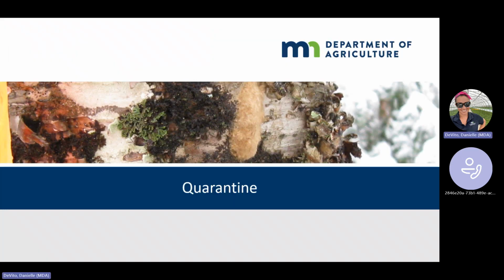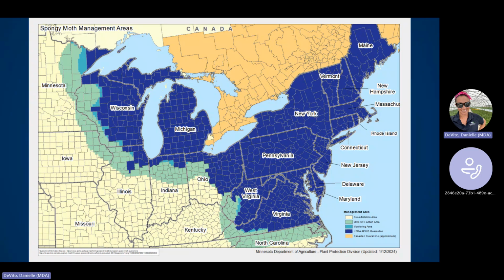Spongy moth is a serious invasive forest pest that requires a quarantine to slow its spread. The federal quarantine limits the movement of regulated articles out of designated areas. A quarantine is a tool in managing and slowing movement across the U.S. and specifically Minnesota. Again, in Minnesota, Lake and Cook counties are currently the only 2 counties under quarantine for spongy moth. If you are interested in hauling from Wisconsin to Minnesota, you will need to obtain a USDA